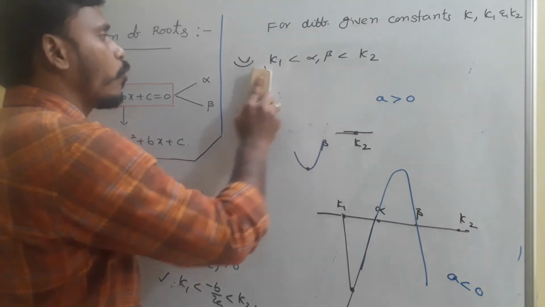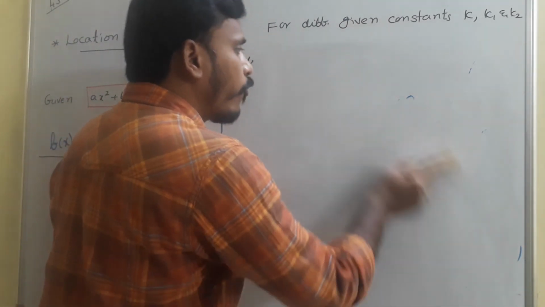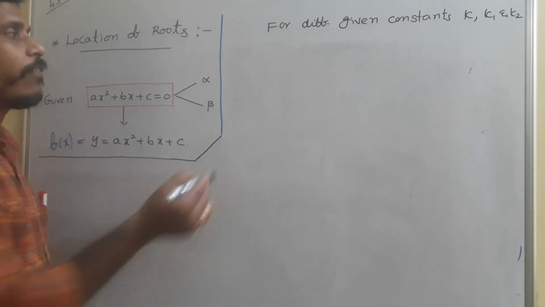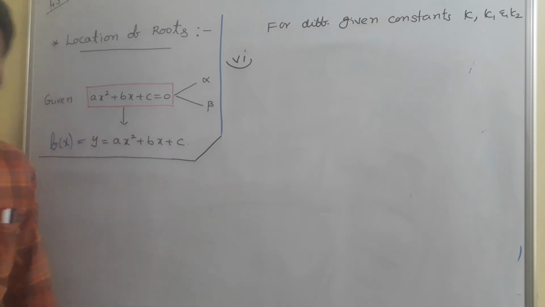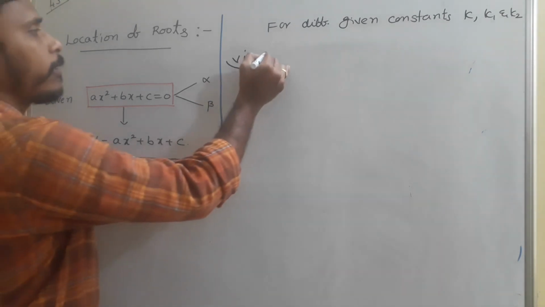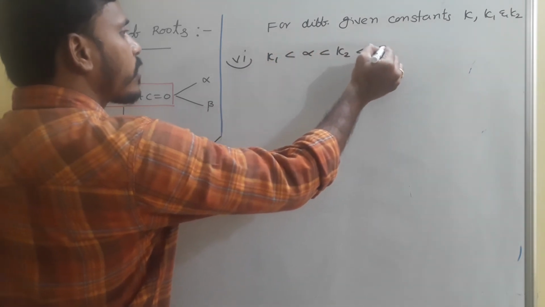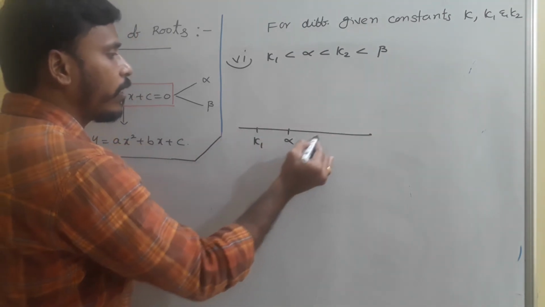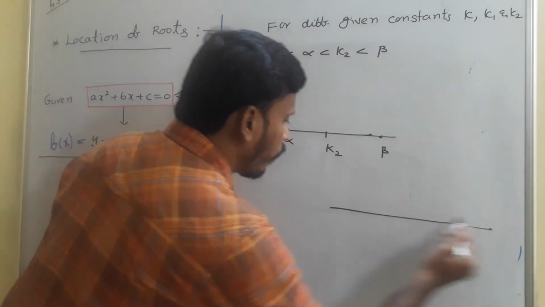In each and every situation, I am just analyzing the graphs and writing the conditions. If one situation is very clear for you, then that clarity will give you the confidence and analysis for each and everything. So first of all, try to analyze any one case clearly. Whereas as I mentioned, the sixth case is simply K1 is less than alpha is less than K2 is less than beta. Again I have two possibilities. The order of these numbers is K1, alpha, K2 and beta, and maybe downward or maybe upward.